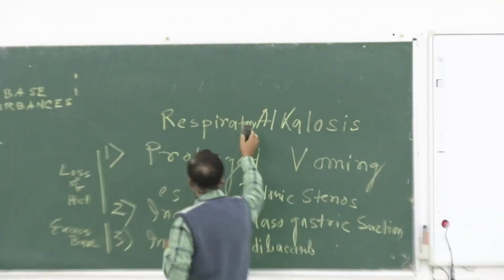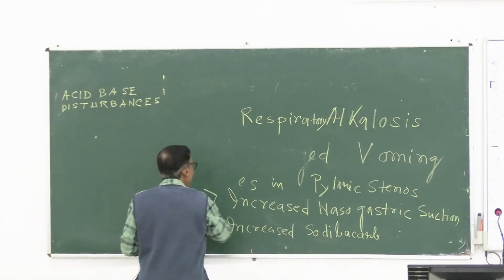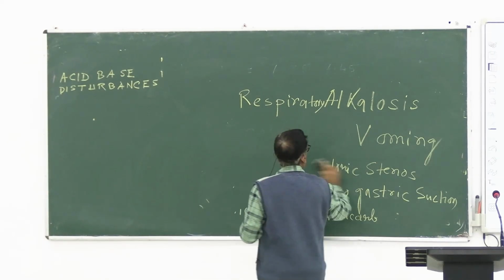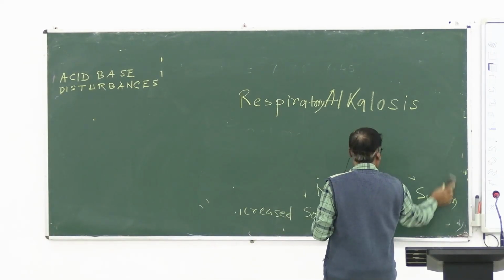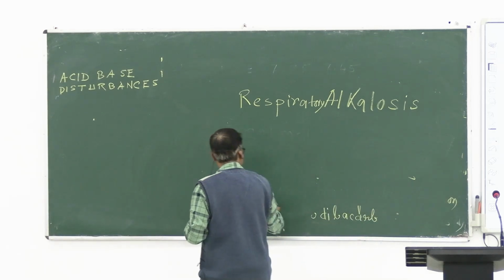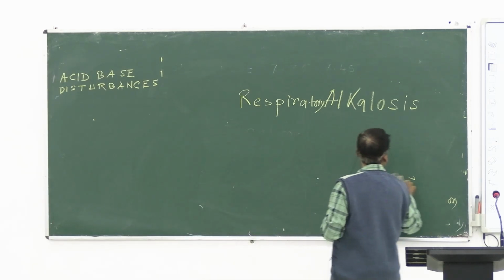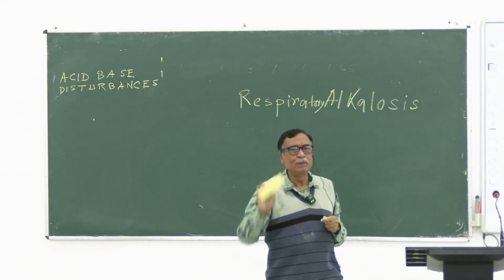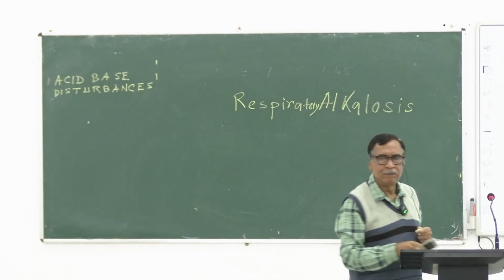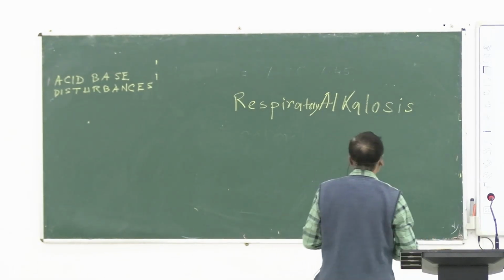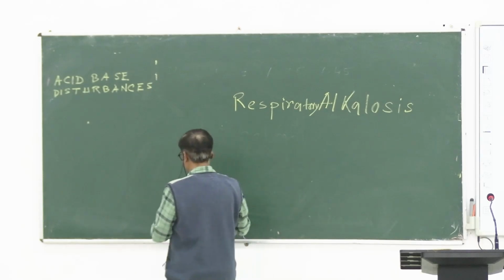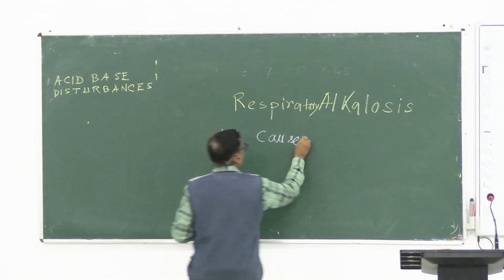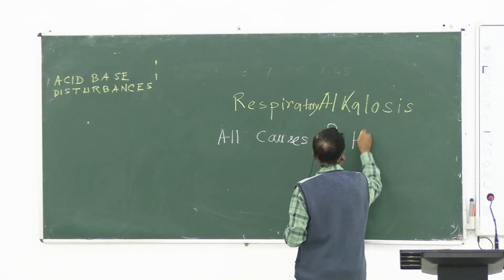তাহলে প্রাইমারি এখানে কি হবে, pH will be greater than 7.45, PCO2 will be low, secondary response bicarbonate will be low, and ratio will be above 20 as in my previous table. Causes কি হবে? Causes are all causes of the hyperventilation. যে কোনো কারণে যদি hyperventilation হয়, think of hyperventilation এর কি হয়,